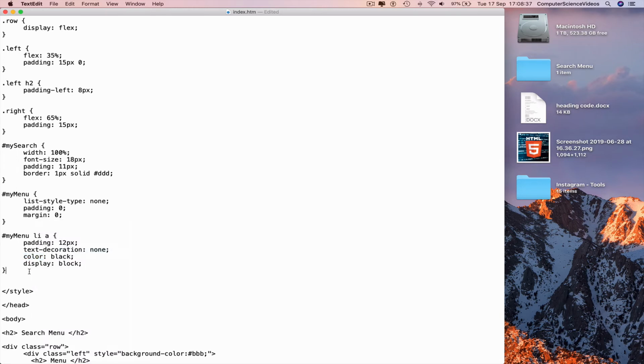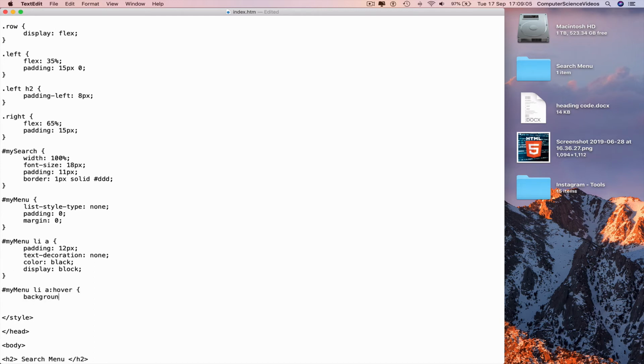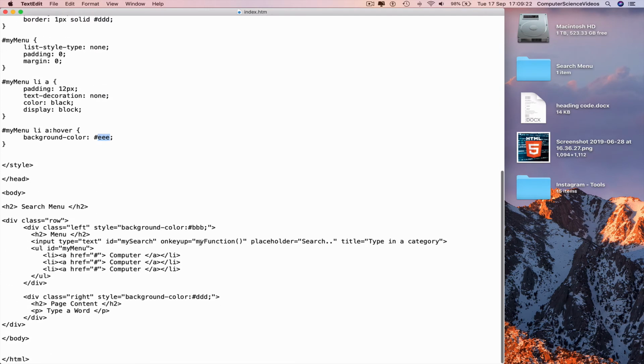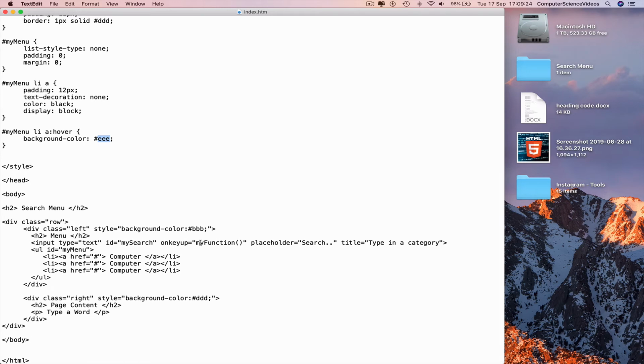Ignore any spellings. And then my menu, LI A, hover, curly brace, new line, background color, colon, hashtag triple E, semicolon, new line, curly brace. That's the CSS done. And now we can move on to the JavaScript, which will pull all the search menu